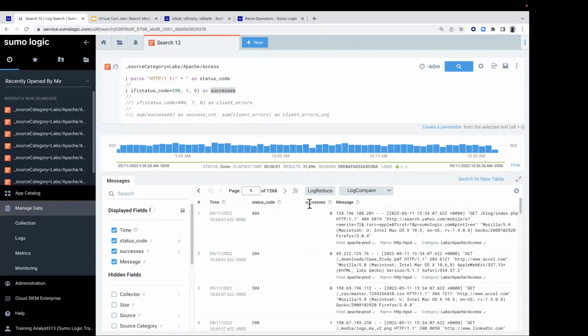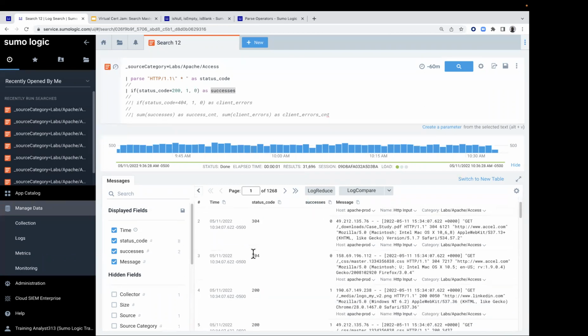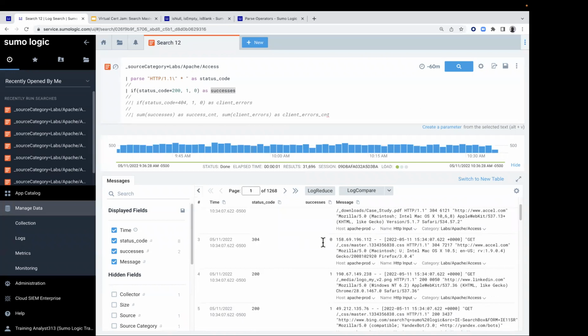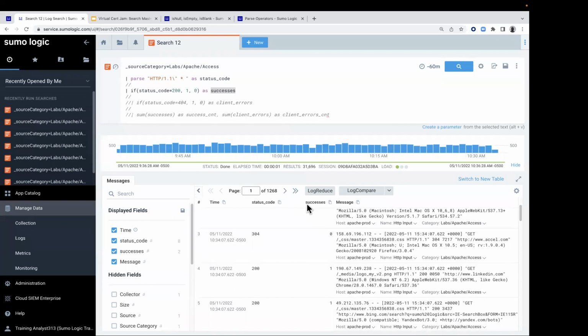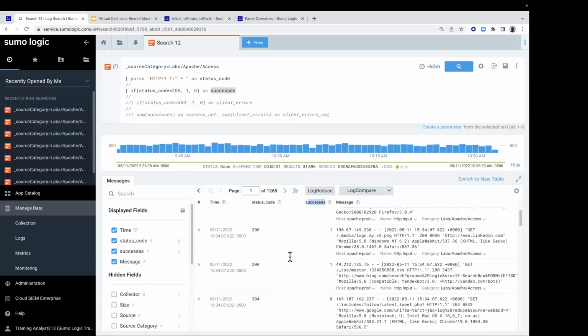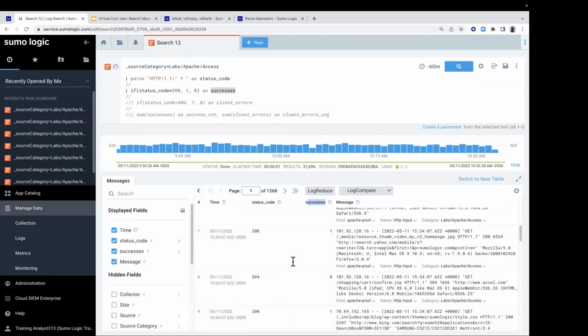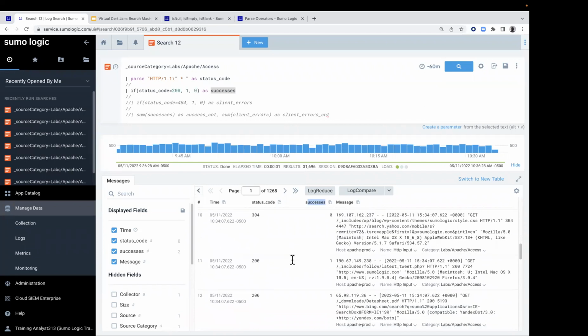So we can look at our new field being created called successes, and we can see our condition has a 0 if it doesn't meet our criteria. So the first 3 items have 0s. When I see a 200, I see a 1 in the success column. Okay, so that condition is working. All right. We now want to take a look at our